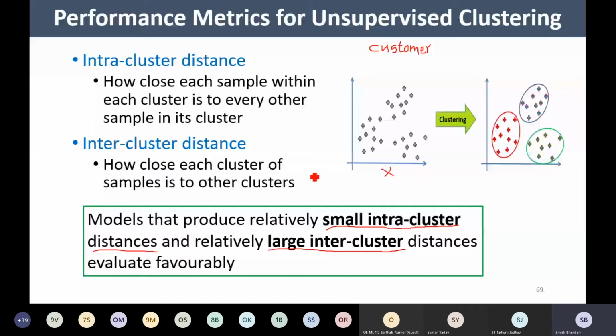If I have such a cluster, I can target only those customers, because they have that kind of habit. If I come up with some offer and target those customers, then definitely it will help me